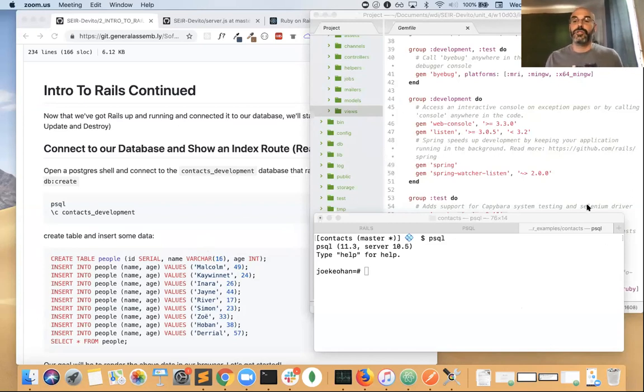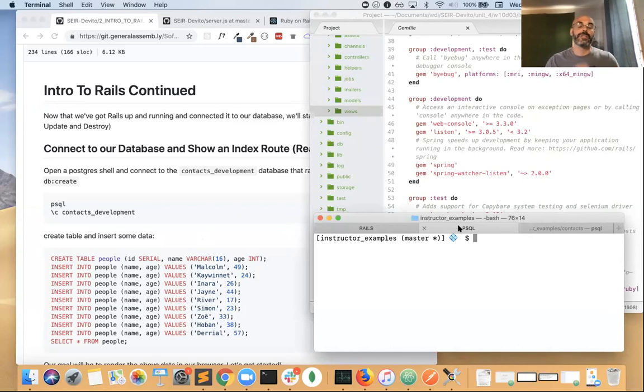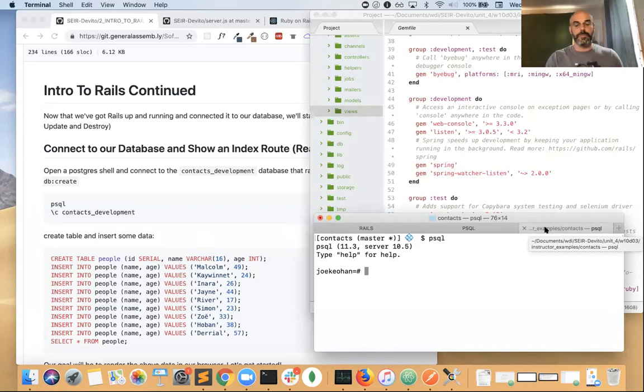I'm on this new tab where I'm going to be running PSQL commands. This tab is for the server, Rails. Never going to touch that again unless we need to stop and restart the server. The PSQL tab should be running and processing PSQL, and then this other tab is where we can go into PSQL and do some things. So I typed in PSQL \c, and I'm going to connect to the contacts_development